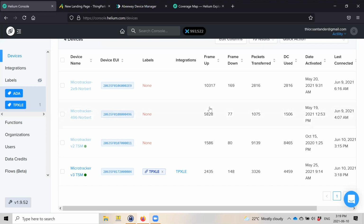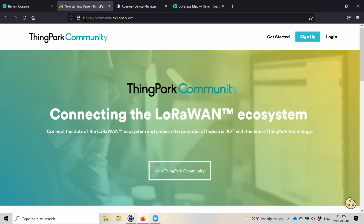Once your device is provisioned, then you will need to have an application to send the data to. So you can send, of course, to any type of application. But if you want to use the Abeeway Device Manager, you will start by creating your accounts. When you receive the device, you also receive the user guide. So all the URLs I'm showing here are in the user guide, so don't worry, you don't have to memorize those URLs. But you can go on community.thinkpark.com and sign up here to create a free account. Once you have your account,